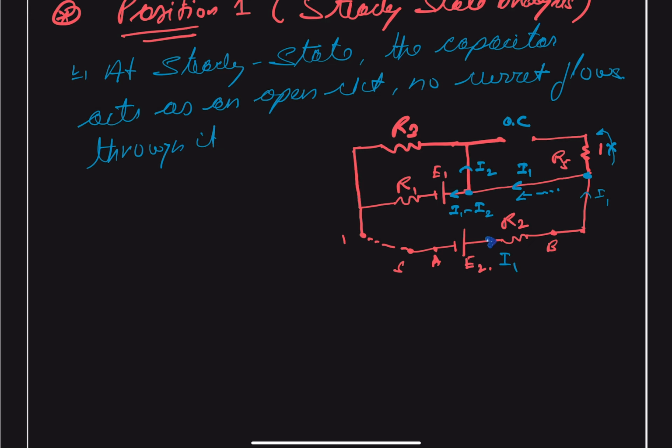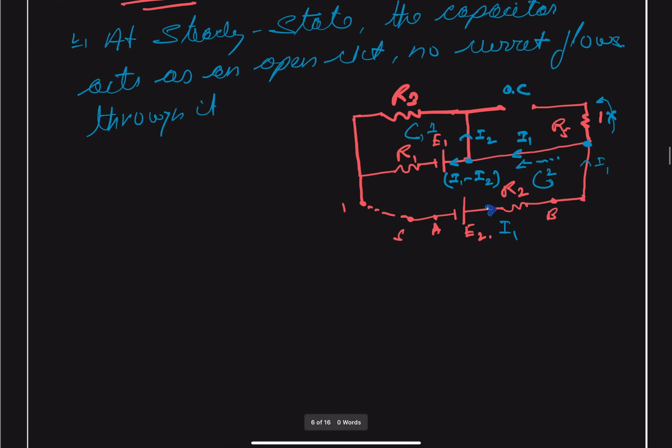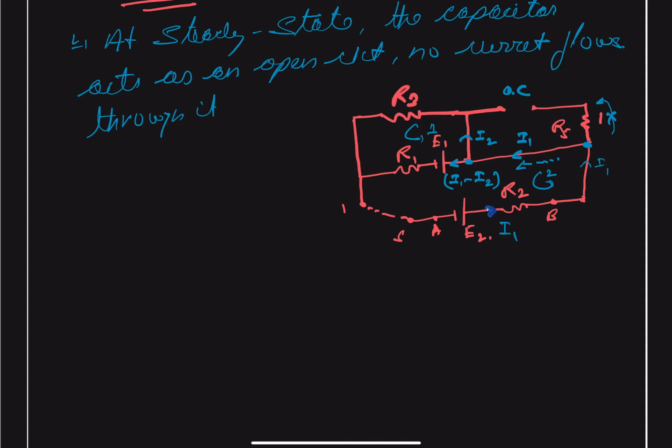So here we have two loops. Let us call this our loop number 1 and this our loop number 2. We are going to use KVL in both the loops. This will give us the values of the respective currents because we have two unknowns, I1 and I2, and this will help in finding out the values of I1 and I2. So you can see, applying KVL